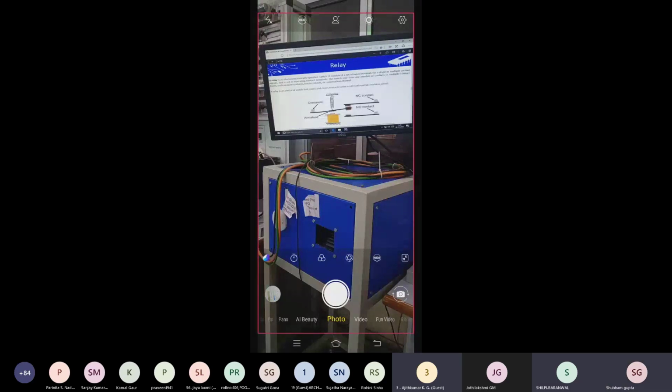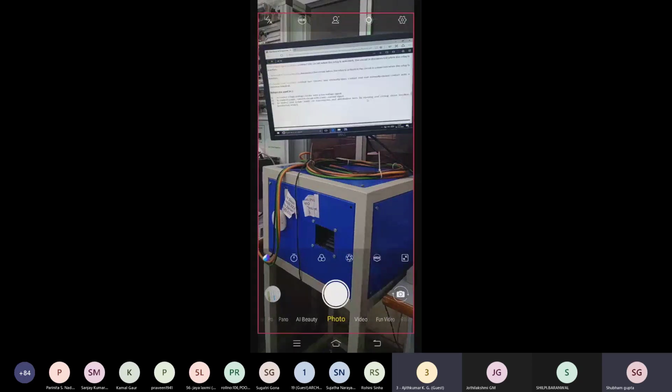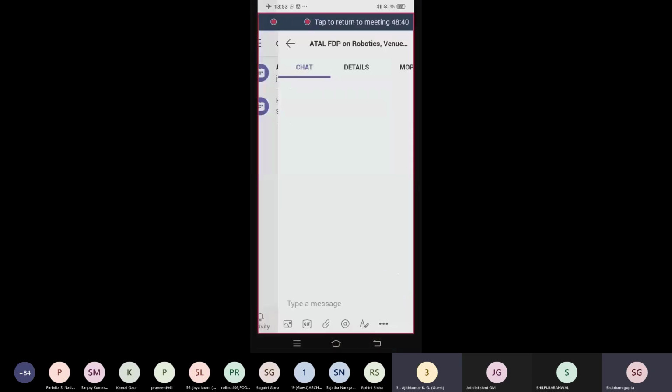Okay, I'll give you one example. Actually, relay switches are used in the microwave. When we switch it on, the relay in the microwave is used to convert the high voltage circuit to the low voltage circuit.